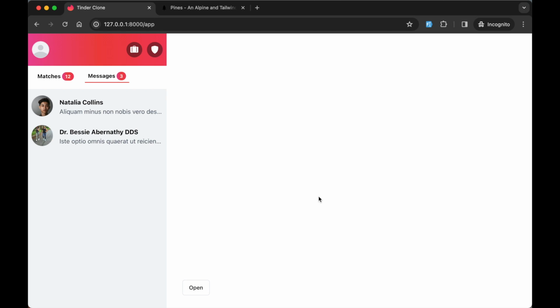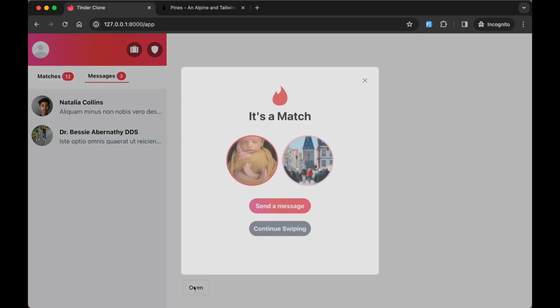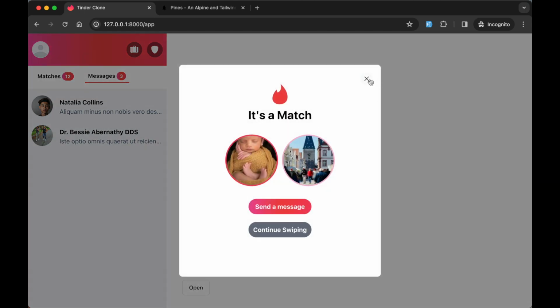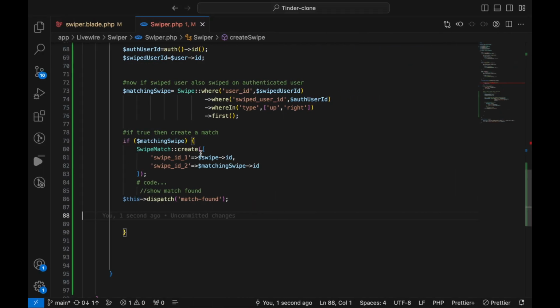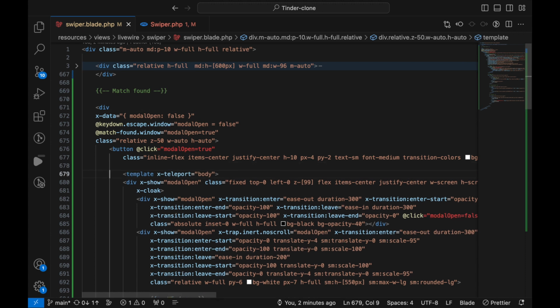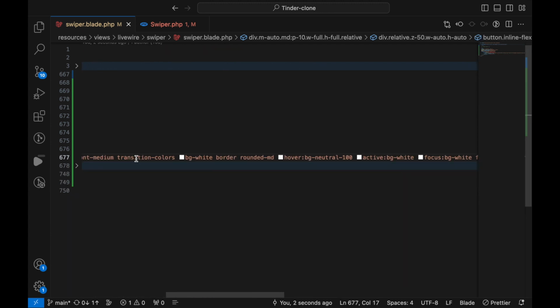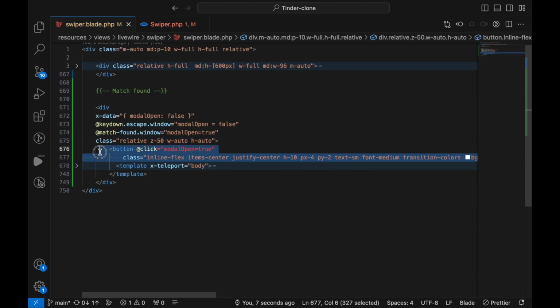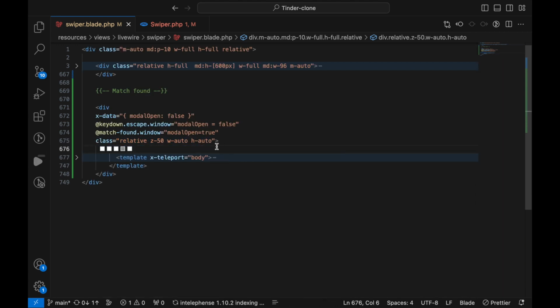So that's it. Now before we close the video, let's go ahead and remove this open because we don't want to trigger this manually. Let's go in our swiper. Let's remove this button just after the template. Let's select all this and remove it. So I'm only going to have the template